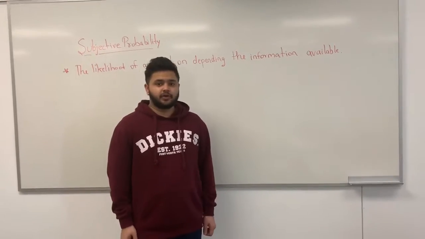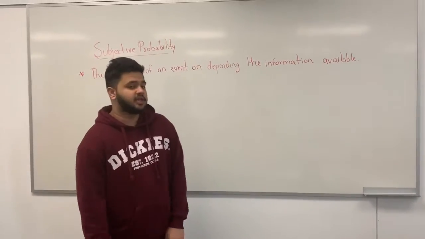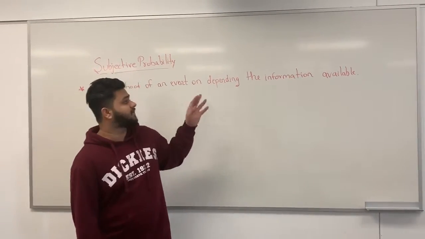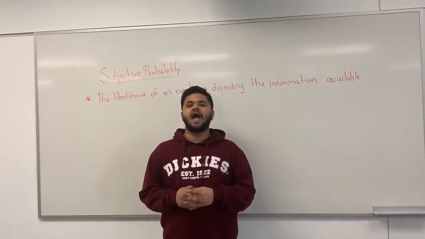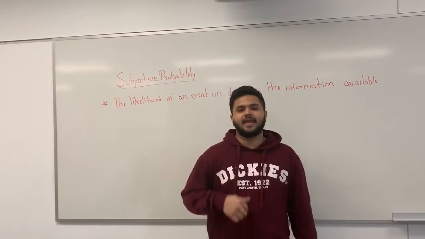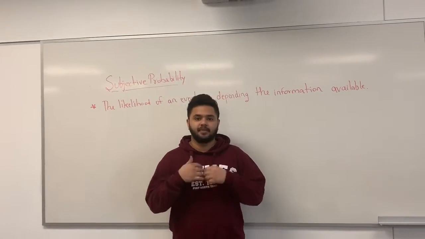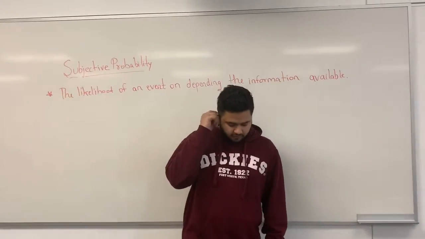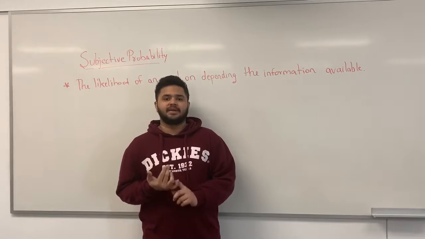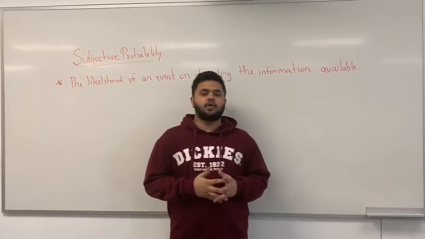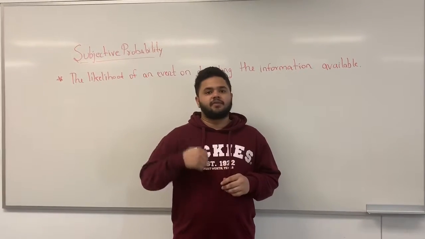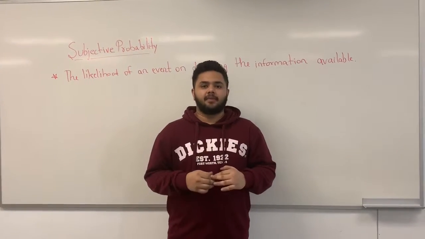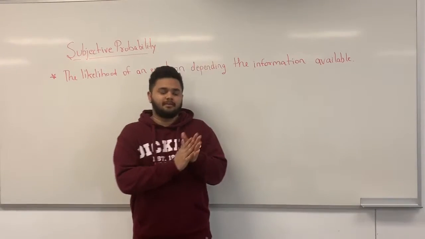Okay guys, so now I'm going to discuss what subjective probability is. Subjective probability is a concept where the likelihood of an event depends on the information available. If you have any past information, we can make estimates, gut feelings, and on an intuition basis, this probability can be calculated. For example, the chances of a company's sales declining by 10%. So the subjective probability is that we estimated the sales are declining by 10%. So this is what subjective probability is.